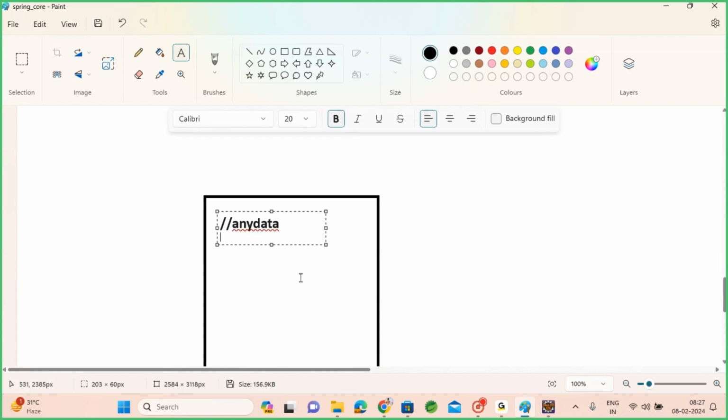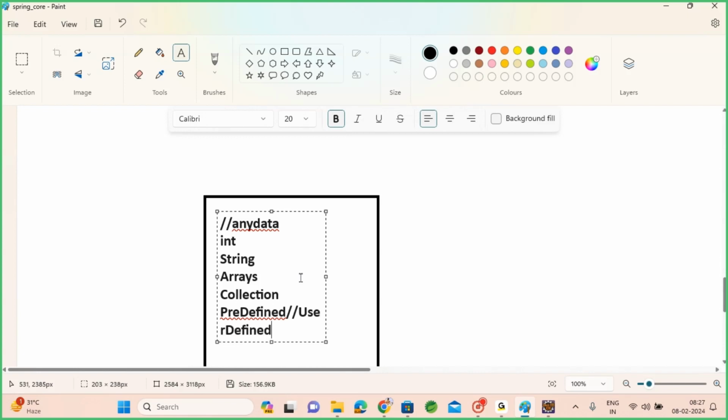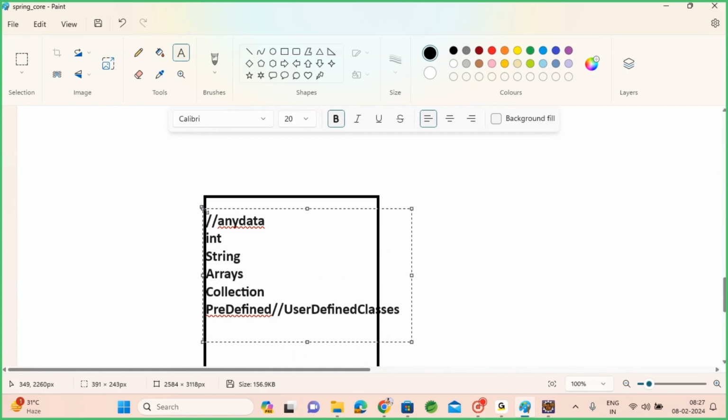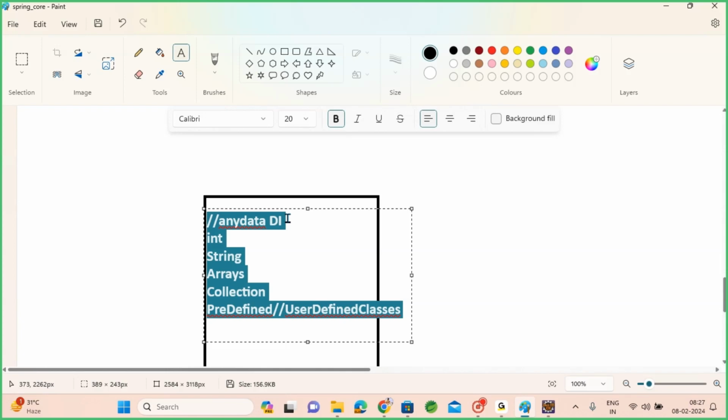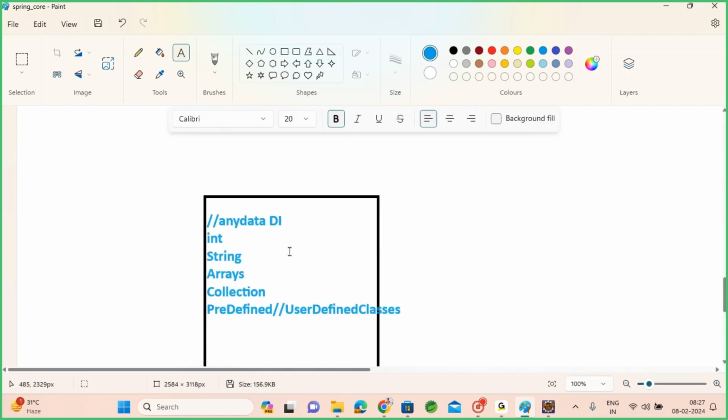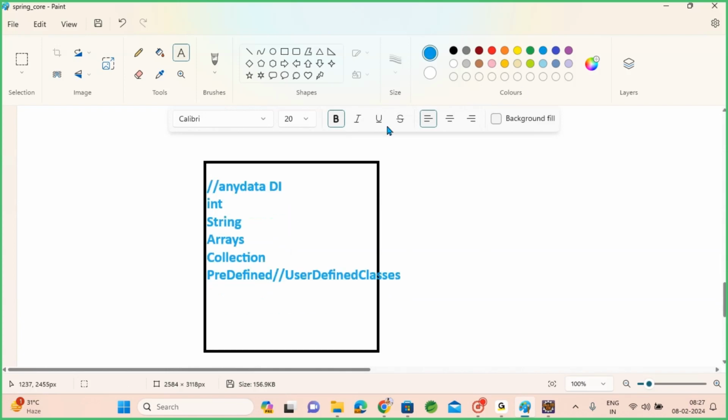Any data in the sense simple primitives like integers or strings or arrays or collections or secondary type classes, predefined or user defined. Any type of dependencies you can have, any type of data you can have in your class. Any data as a dependency you can have, that data you can pass from